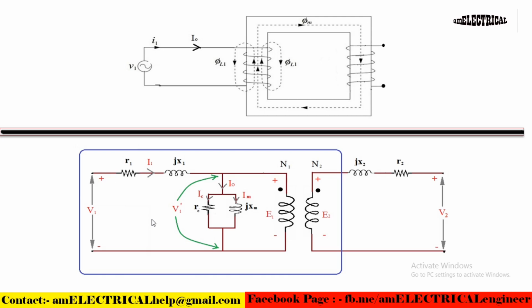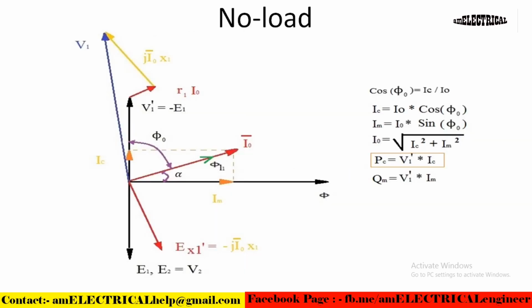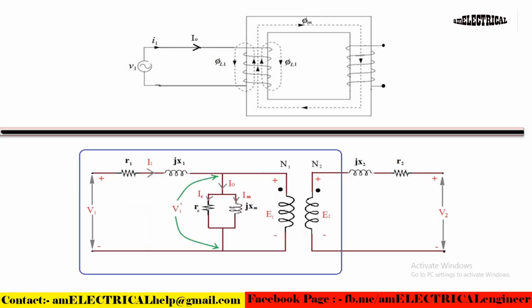The other component of I0 is IM, the magnetizing component of I0. This IM magnetizes the core, that means it sets up flux in the core. That's why this Im is in phase with the mutual flux phi m or phi. Again you can recheck it here. See the equivalent circuit: Im is flowing through this Xm, and as Xm is fully inductive, Im will lag the voltage. Im is also called the reactive or wattless component.